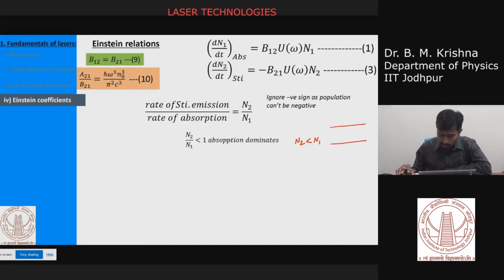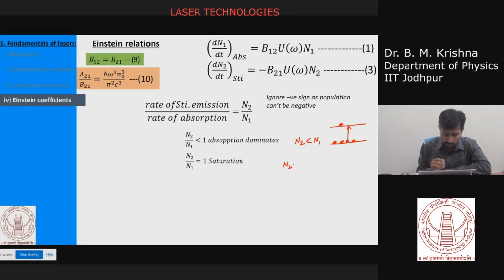So that means absorption dominates. You see n2 is much lesser than n1, which means n1 is much higher, and that is related to absorption. So the absorption process dominates in this condition. When n2 by n1 is less than 1, absorption is dominating. And the second condition, n2 by n1